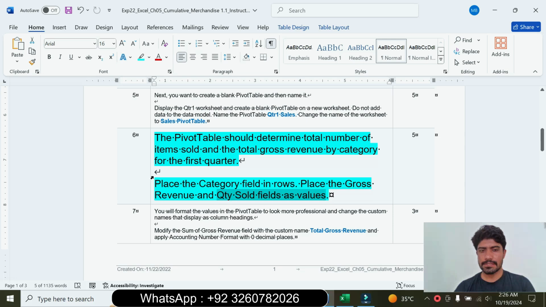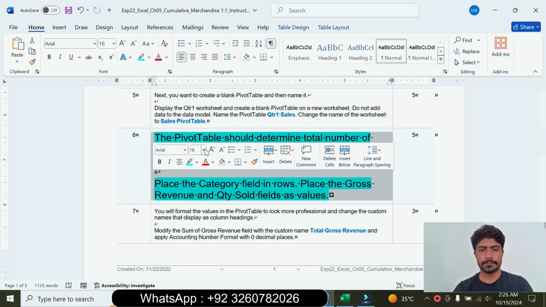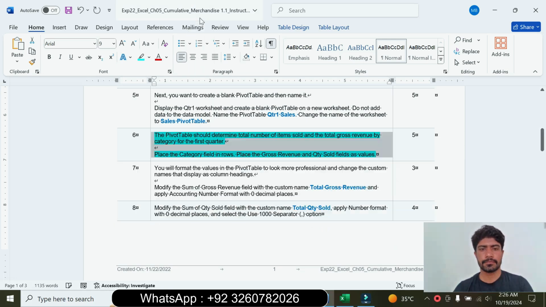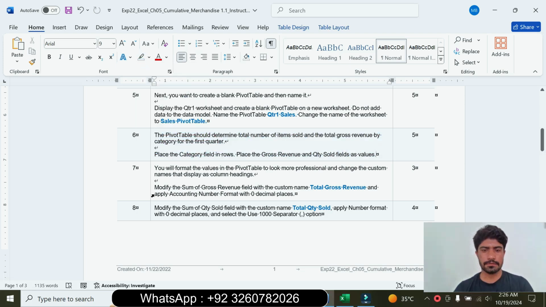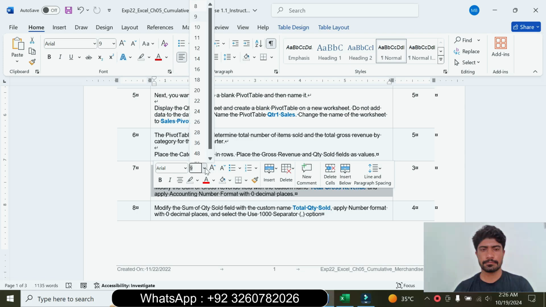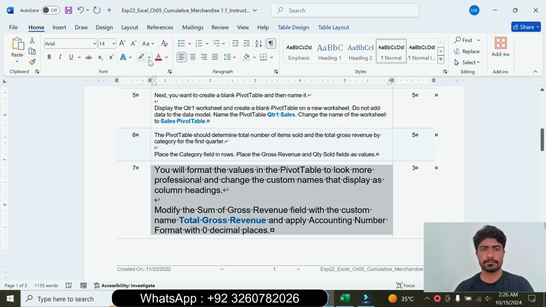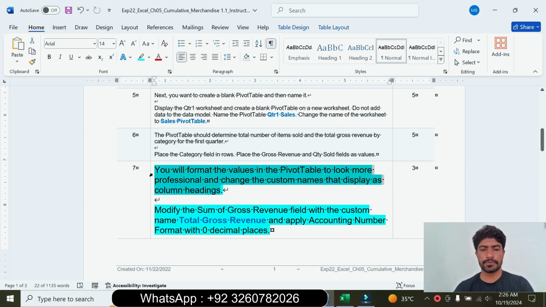So question number 6 is complete. We can move to question number 7. Question number 7: you will format the value in the pivot table to look more professional and change